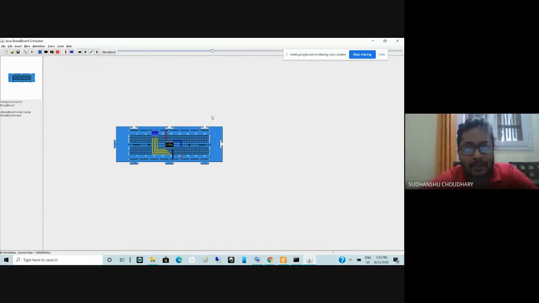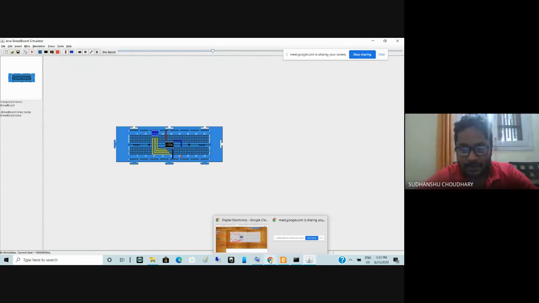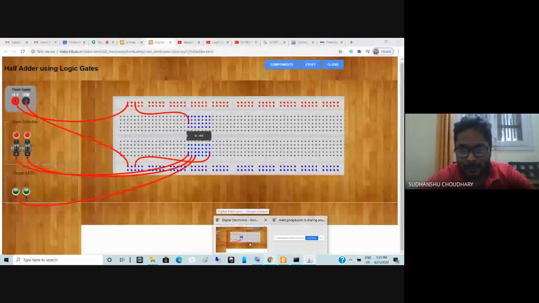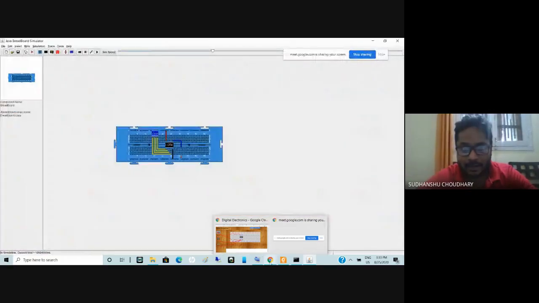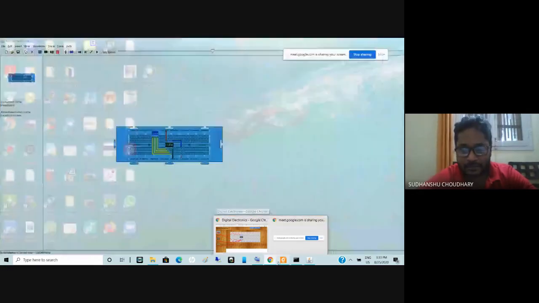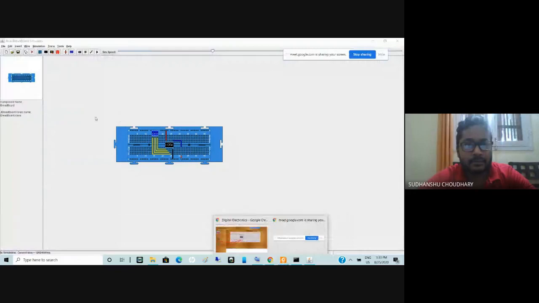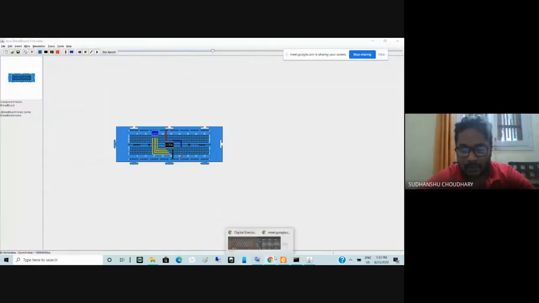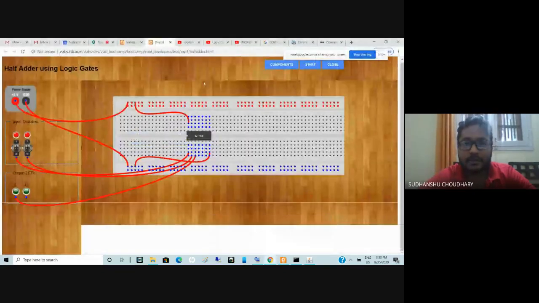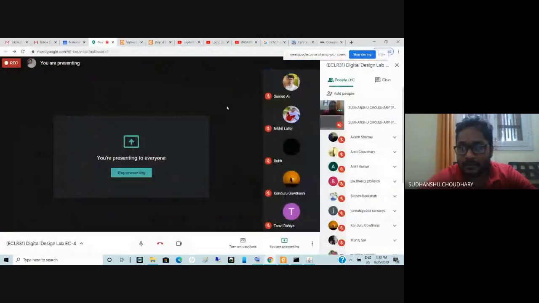And also you can utilize the virtual lab from IIT Bombay. I have already shared it, I think, so you can download. And then from the next lab onwards, we can think about doing the experiments. Okay. So, yeah. If you have any queries, you can ask.